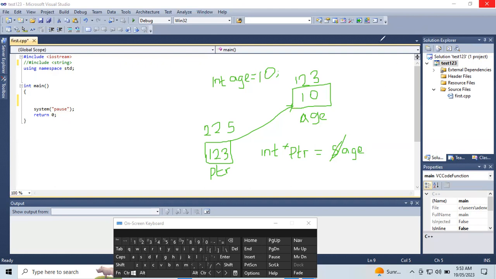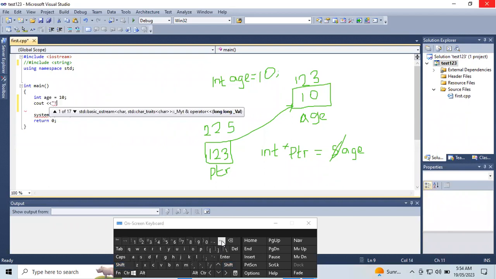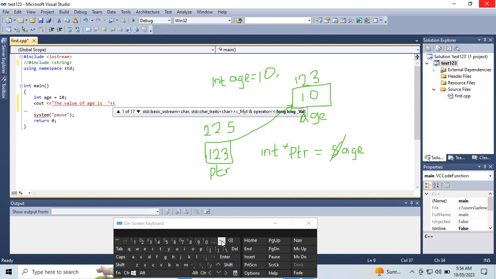Okay, so let's practicalize. If I have a variable called age and age has a value of 10, right? So we've created a variable, a location called age, and it's of the data type int. The value in age is 10. So we can actually display the value of age. The value of age is